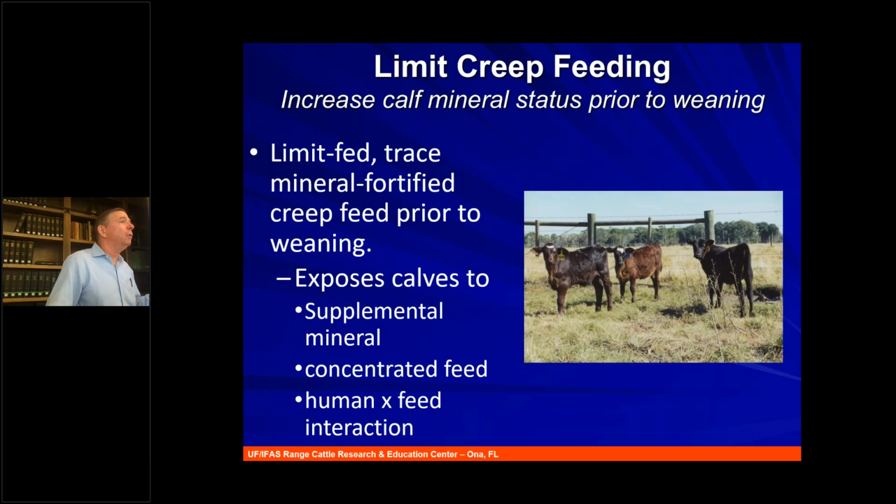Okay, so many of you know what the word creep feeding is, and that's where you supplement calves in an excluded area from the cow prior to weaning. And the idea behind that is that you'll get greater gains in those calves. But those of you that might not know much about creep feeding, there's a downside to that, and that is that the gain that you get is the most inefficient gain of any sector of the beef production system,